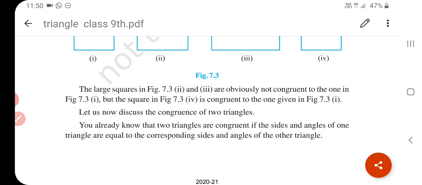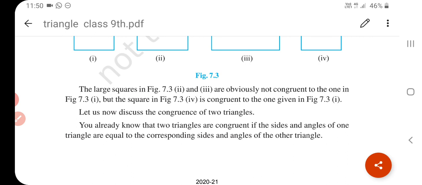Okay, understand. See, in an acute angle triangle all the angles are less than 90 degrees. In an obtuse angle triangle one angle is greater than 90 degrees, and in a right angle triangle one angle is exactly 90 degrees. And in an equilateral triangle all sides and all angles are equal, so each angle of an equilateral triangle is 60 degrees.